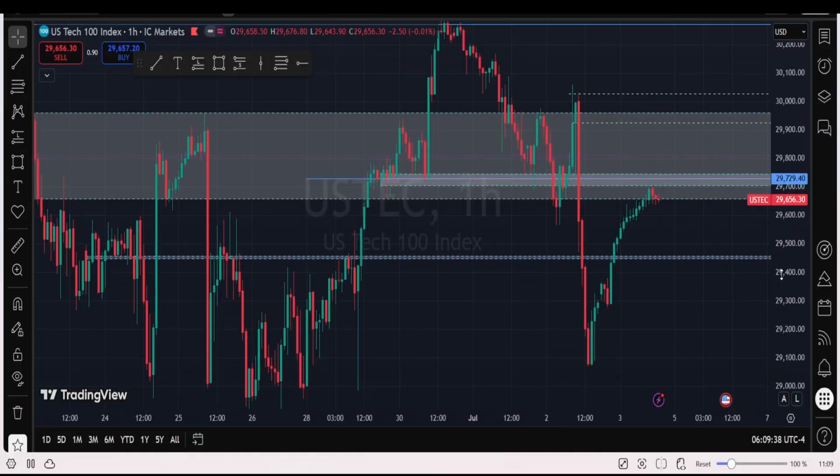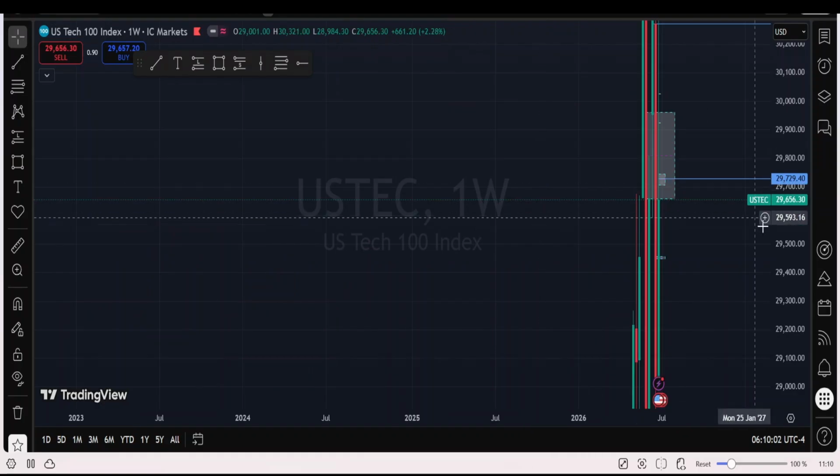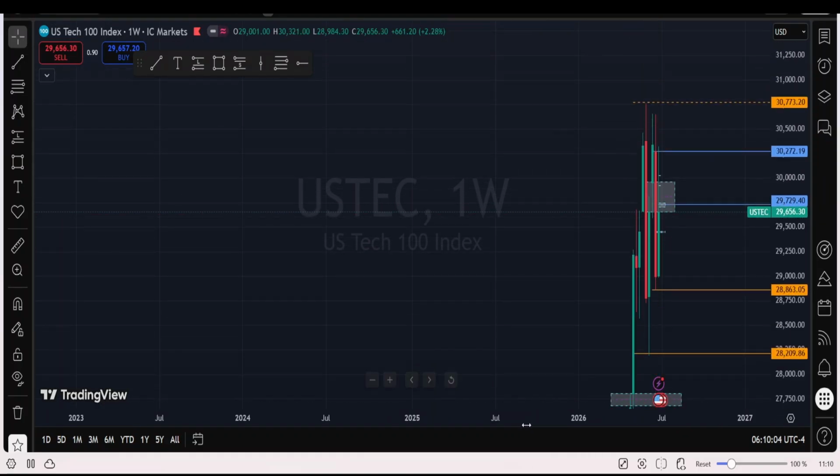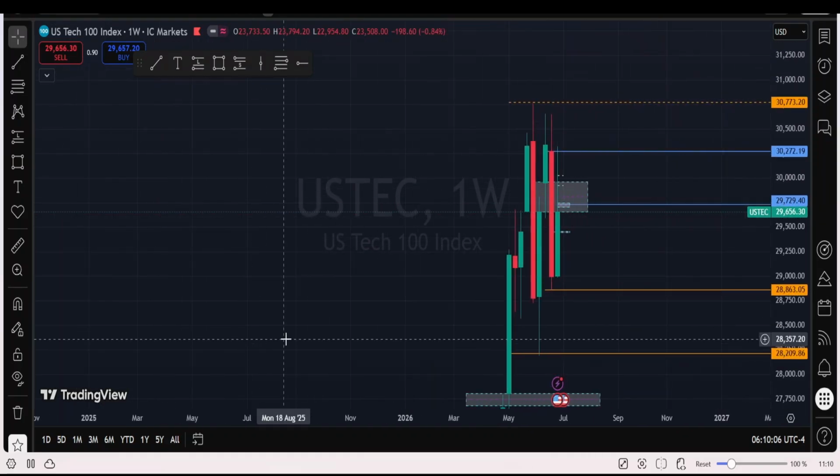So, this is US Tech, which is Nasdaq. Starting with that, let's dive in. What's our narrative for the week? It is Nasdaq. This is Sunday, the 5th of July. Let's see what we have in Nasdaq starting from the higher time frame. Remember the objective: not prediction, but helping you identify where liquidity sits and how to probably take advantage of it, or aid you in your decision making.